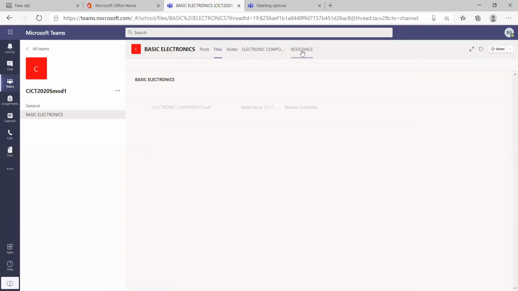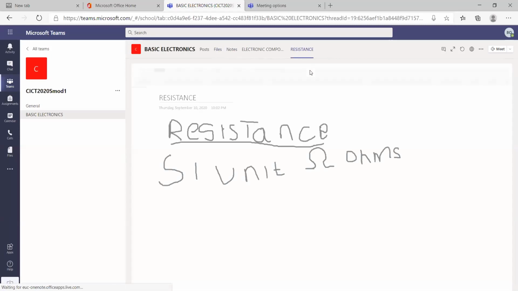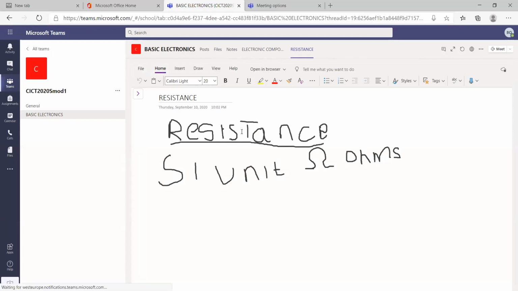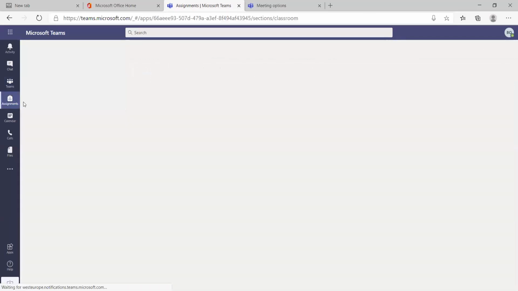Then I was able to create a note about resistance. Again, it is not good because I was using the mouse. I understand that it could work well in a situation whereby you have a stylus and a tablet. Then I was able to give an assignment.